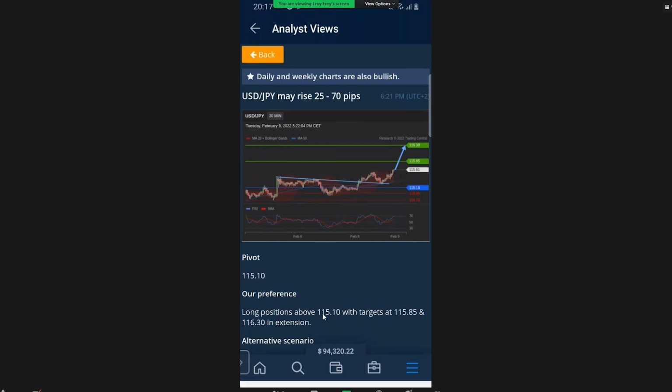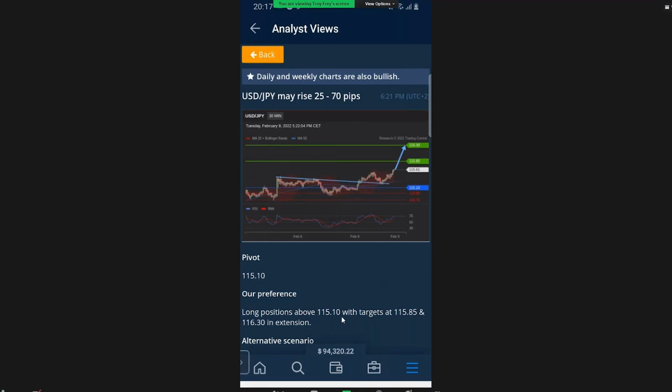If it drops below 115.10, they're saying the signal's no good anymore. So they drew your support level right here. You can see why that price level is kind of the bailout level. If this went down and broke below this price, then that kind of goes against the prediction, right? If it broke the support level, they're saying then the signal's no good.